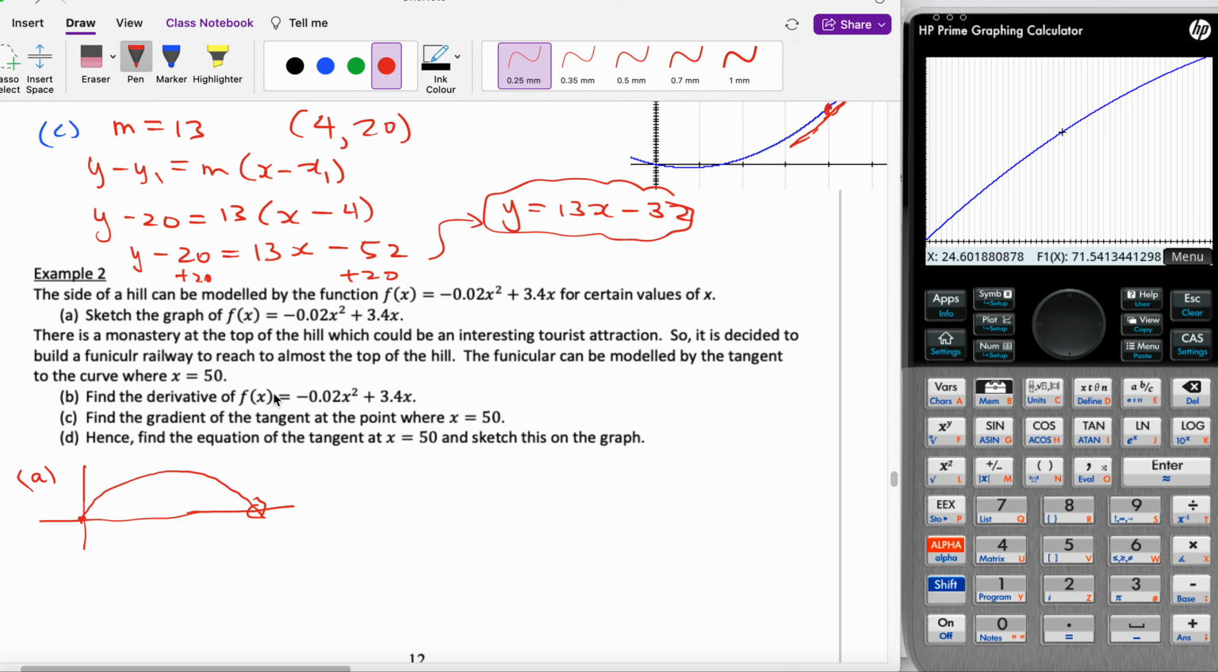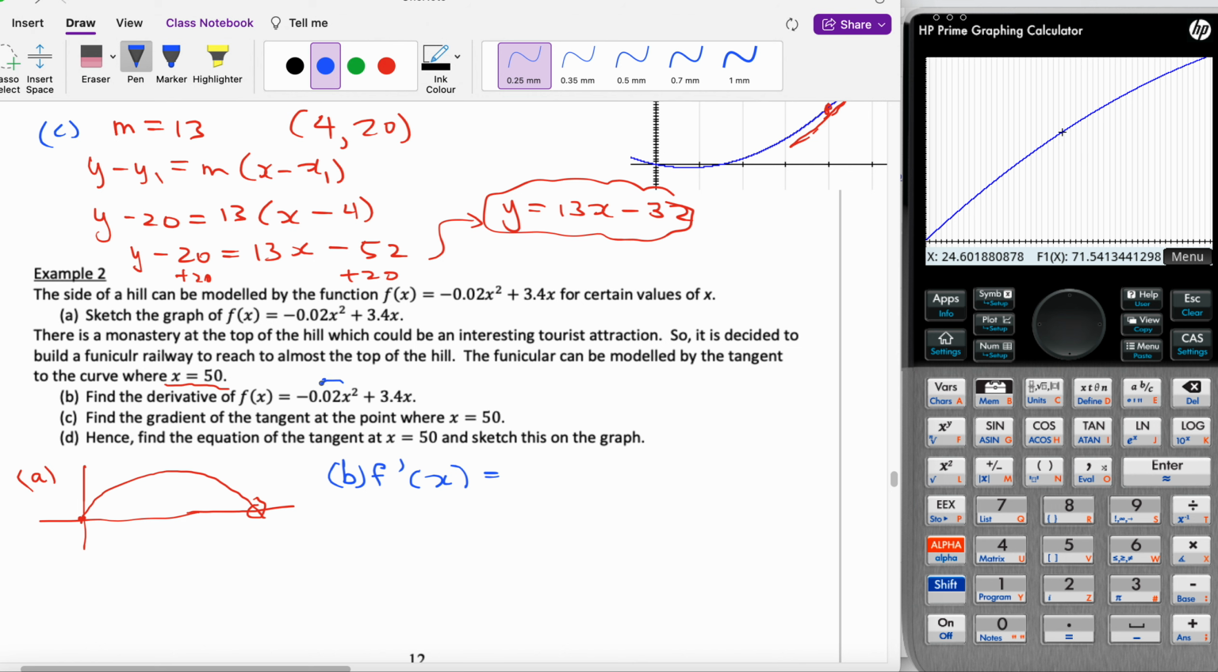Okay, a monastery at the top of the hill, which could be an interesting tourist attraction. It's decided to build a funicular railway to reach almost the top of the hill. So it can be modeled at the curve at x equals 50. Find the derivative. Okay, so we're going to find the derivative first. So here, they're asking us to do this the long way, right? So they're actually asking us to